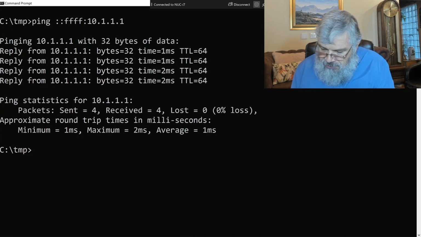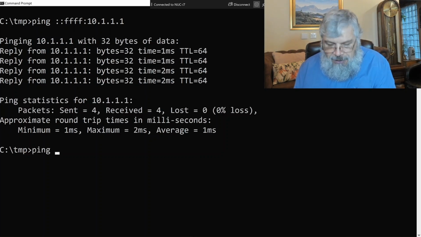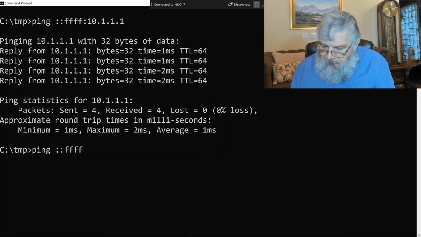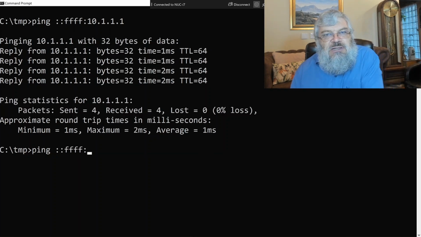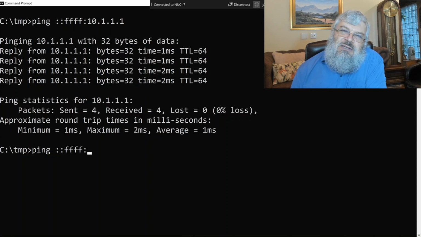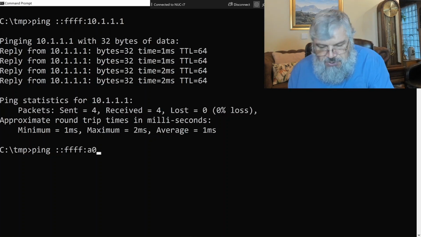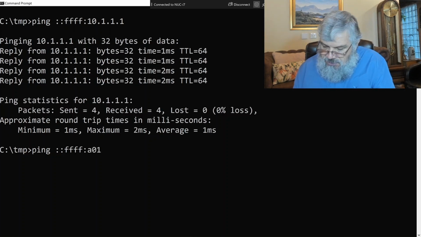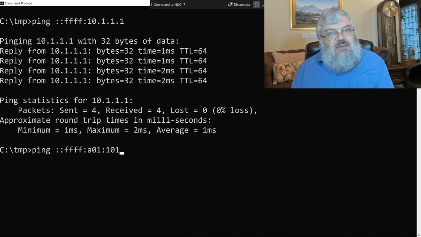Little experiment, if I say ping and colon FFFF, but now I want to translate or to encode the 10.1.1.1 in hexadecimal. I'll leave the conversion up to you, but it is A01 for the first 16 bits and 101 for the next 16 bits.